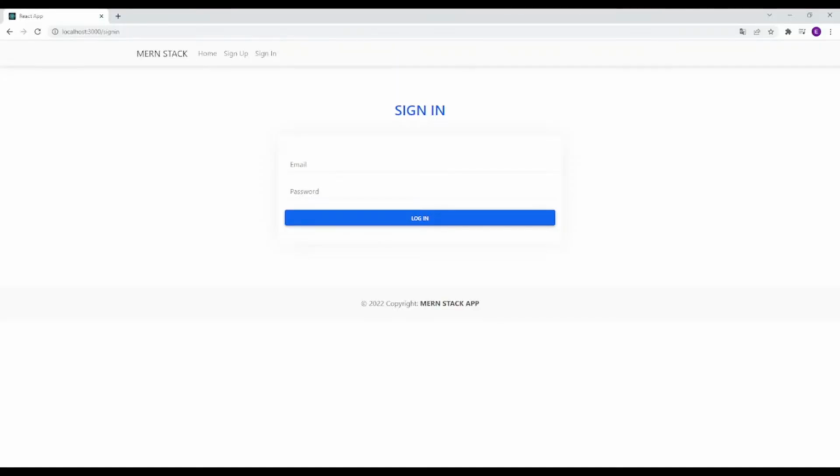Hi, in the last video lesson, we taught you how to implement a protected route in our application. In today's lesson, I'm going to teach you how to implement logout, so that when we click, the user is logged out